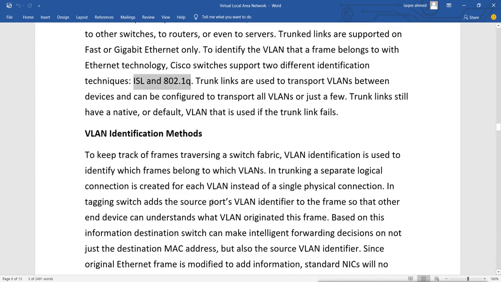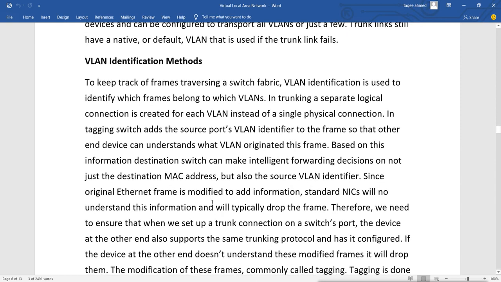So it does VLAN identification. What is VLAN identification? It is to keep track of frames traversing a switch fabric. VLAN identification is used to identify which frames belong to which VLANs, and in trunking a separate logical connection is created for each VLAN, instead of a single physical connection.